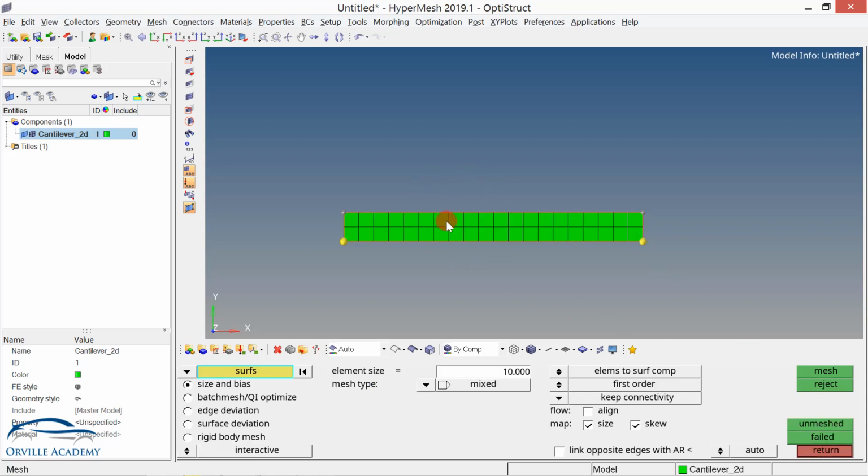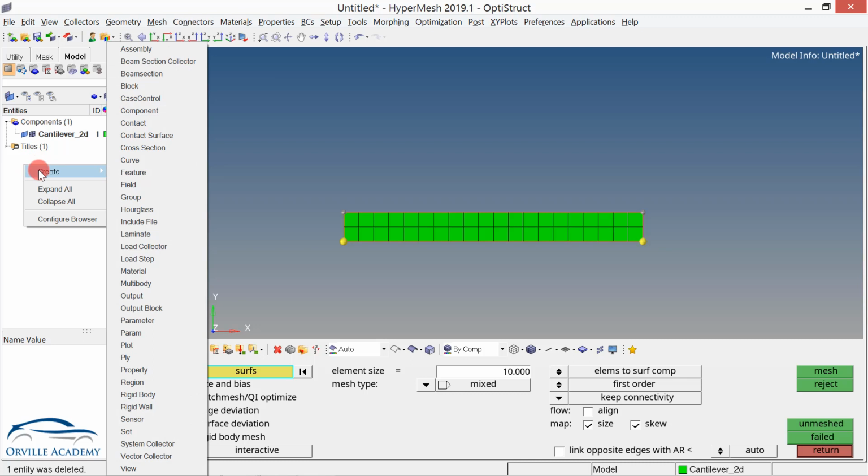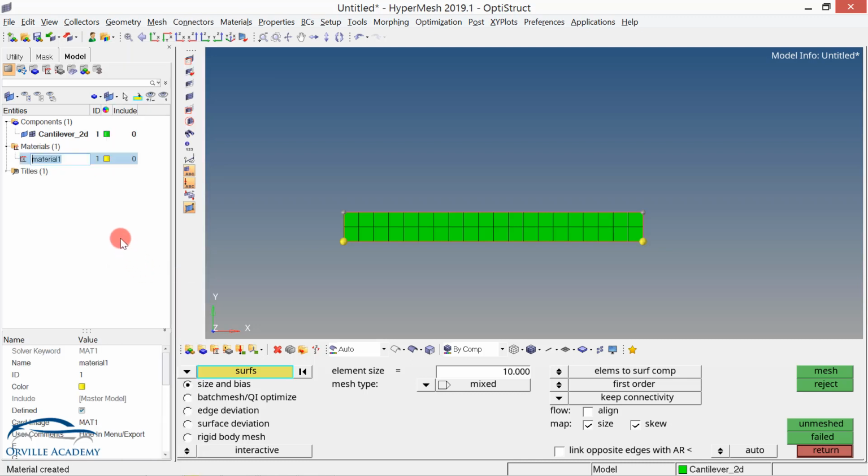Now we have created the component, we have created the elements also. Now we will go for the material. To create the material, I will come over here, right click, create, and then go for material. Since 210 gigapascal is the Young's modulus of steel, here I will type steel and press enter. The Young's modulus is given as 210 gigapascal, but the modulus of rigidity is given as 0. Since I cannot put a 0 value, I will keep this as it is, and for the Poisson's ratio I will keep the value 0.3 itself and then press enter.